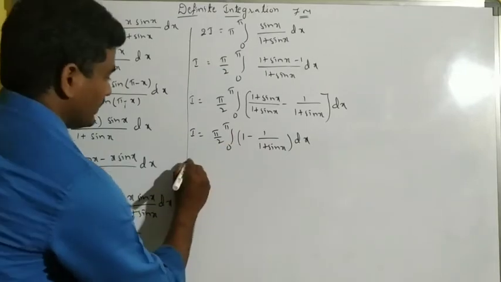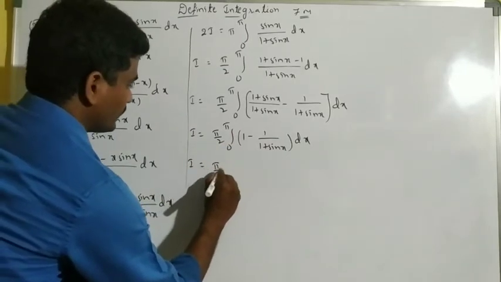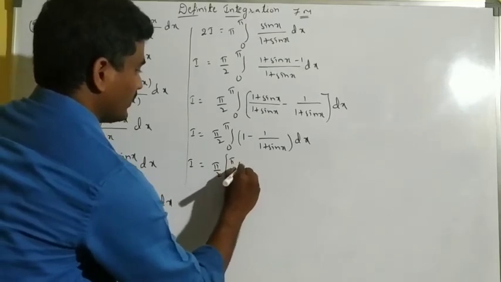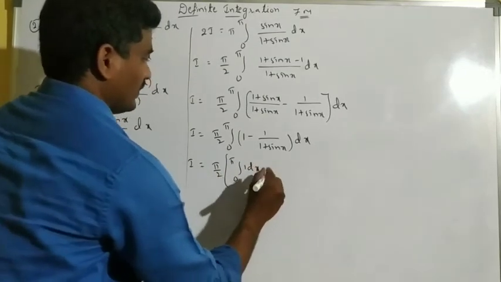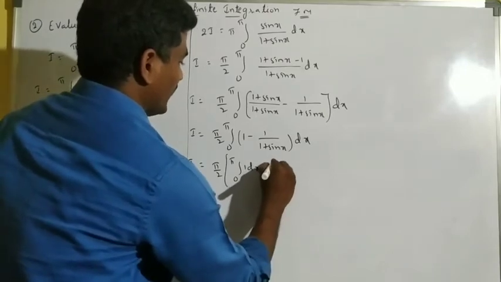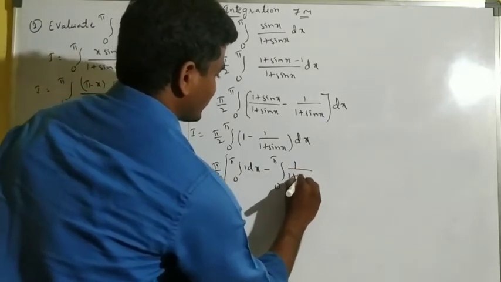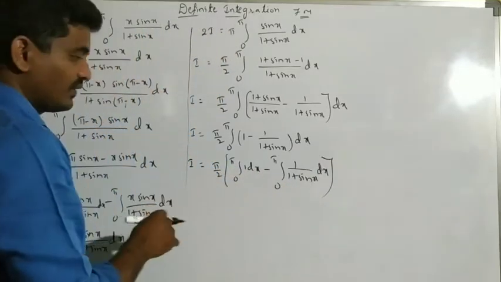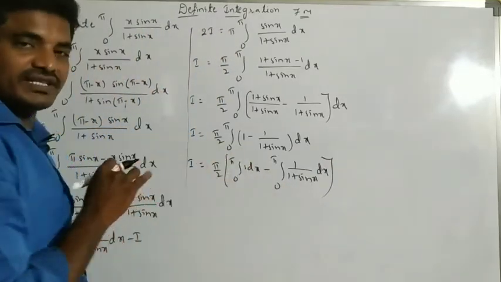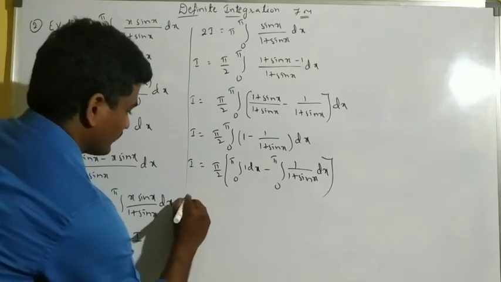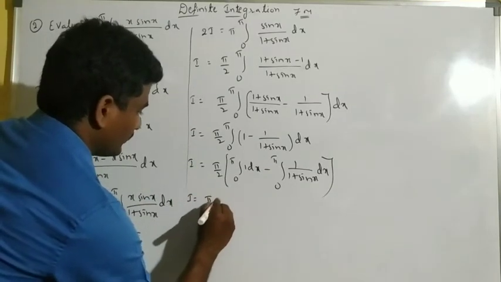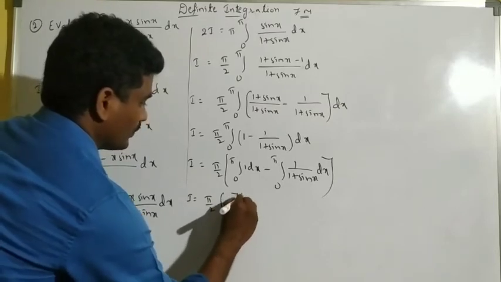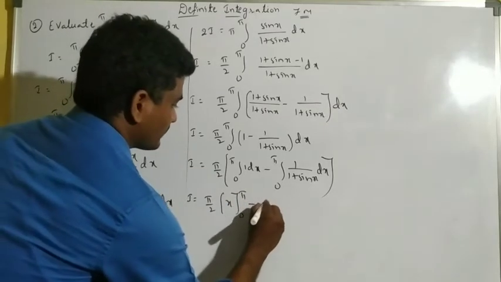Next, when I take them separately, I equals pi by 2 of integral 0 to pi of 1 dx minus integral 0 to pi of 1 by 1 plus sin x dx. And the integration of 1 dx is x. I equals pi by 2 of x from 0 to pi minus pi by 2 of